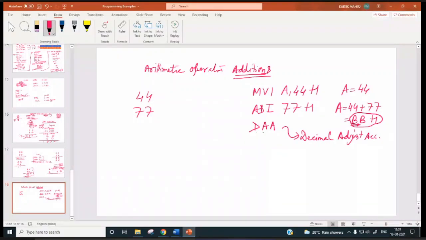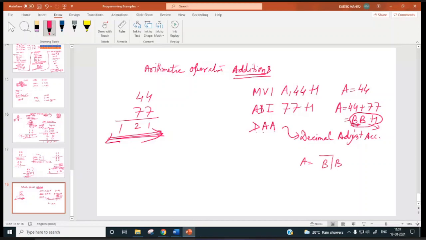So the accumulator is BBH, so it will be adjusted to 121. How? It will check each nibble of the accumulator. The accumulator content is BB.